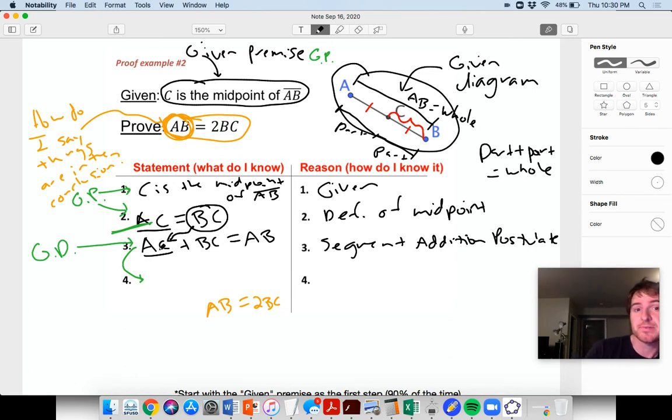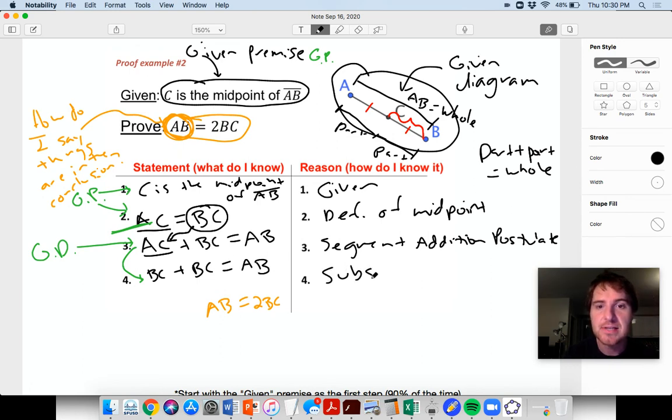And notice here, this is substitution, not transitive, because BC is going in for only part of one side of an equation right here. And here we have 4 unique things being said: AC equals BC, AC plus BC equals AB. 4 unique statements within 2 equations. So this is substitution, not transitive. Transitive is when you only have 3. Anyways, I'll keep saying that again and again and again. Okie dokie, BC goes in for AC. You get BC plus BC is equal to AB, and that justification is the substitution property